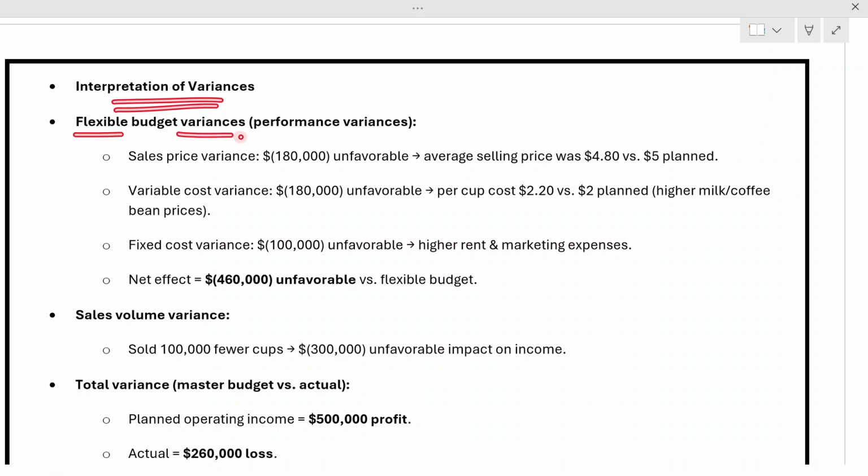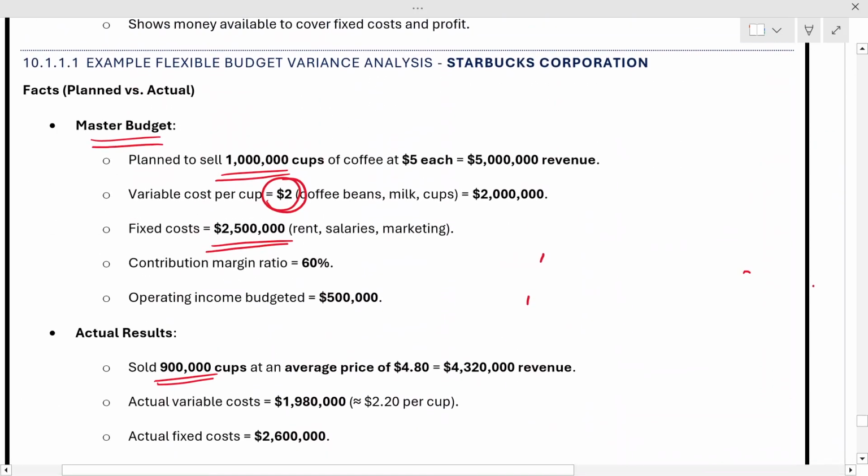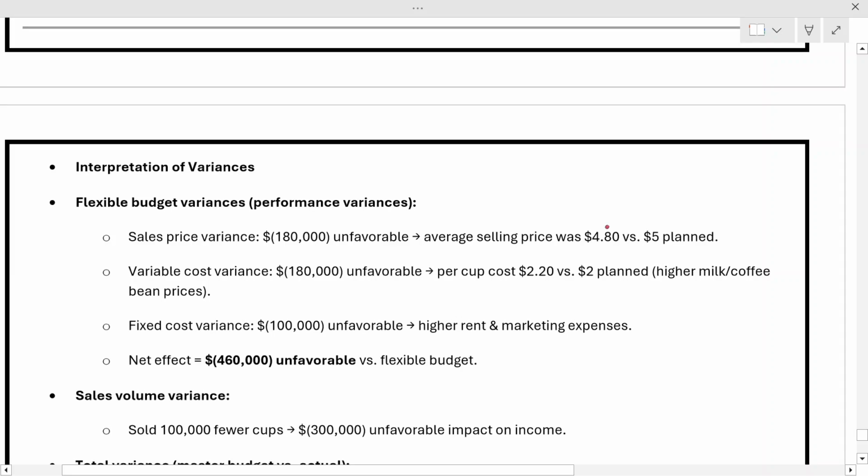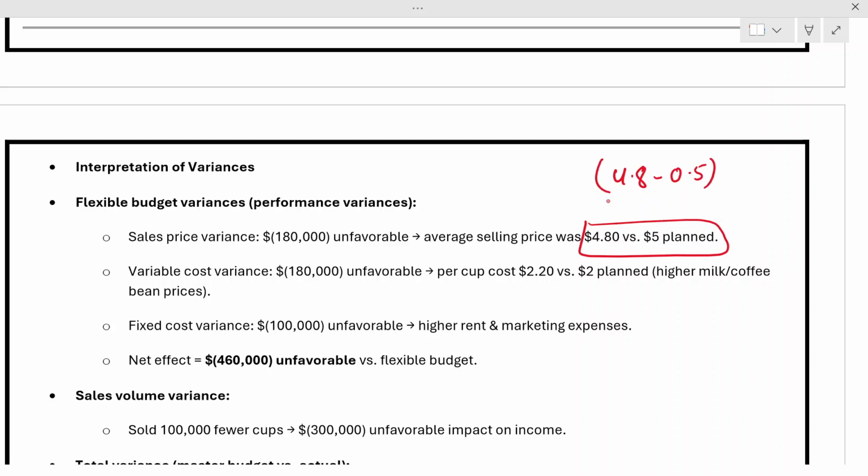In the flexible budget variance, the sale price variance is this: instead of planning $5, we sold at $4.8. We planned for selling at $5, but we sold for $4.8. So what might have happened? There is an adverse impact here. 4.8 was your actual and 5 you planned for, so there is an adverse impact of 0.2